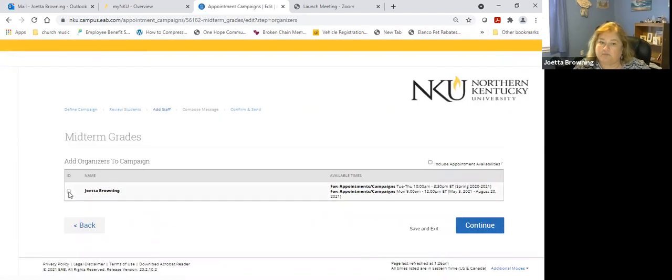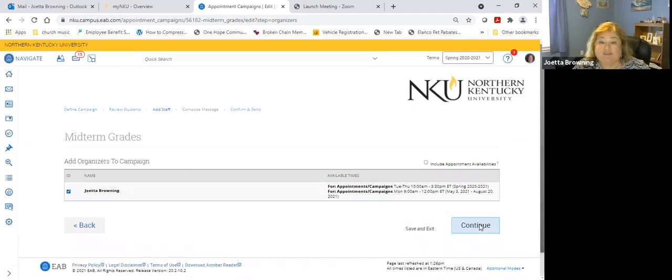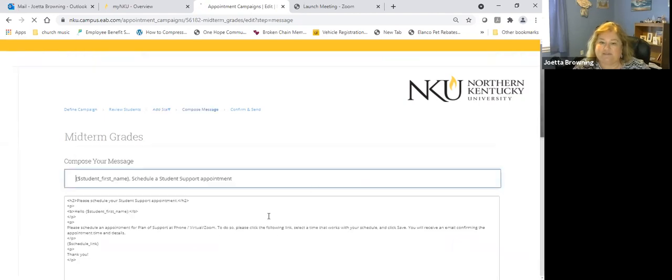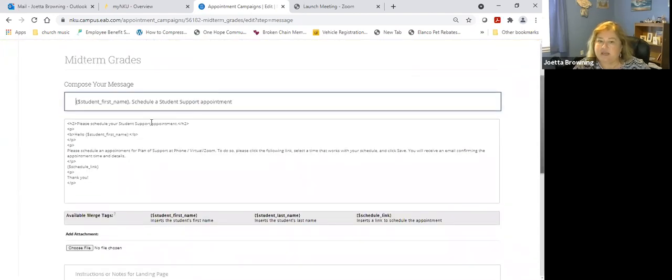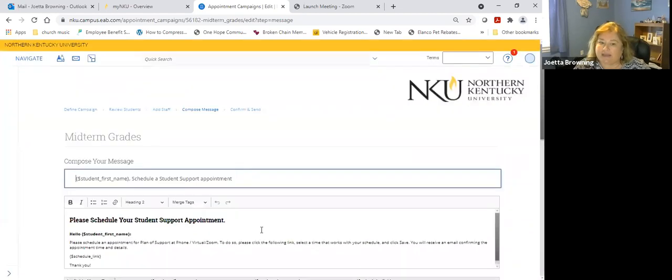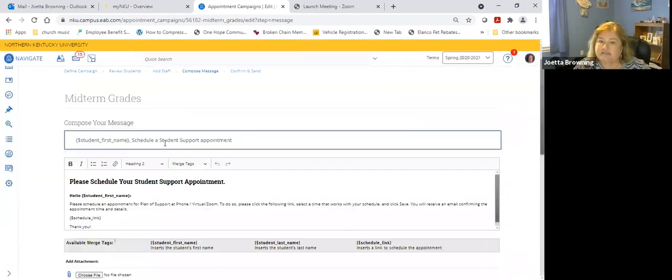And remember, again, you can pick yourself as the organizer. If you don't see yourself in the list, then your availability is not set up correctly, right? We talked about that on Monday. And then this right here is where I can edit this information, schedule an appointment